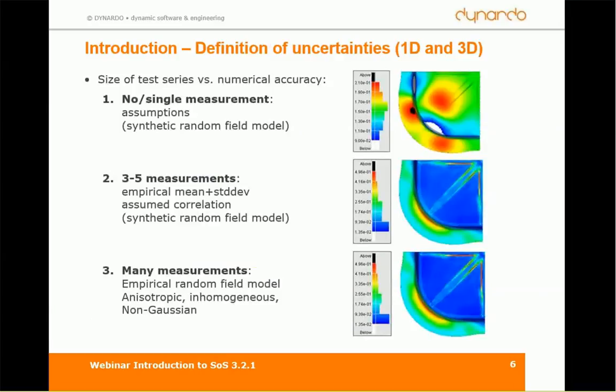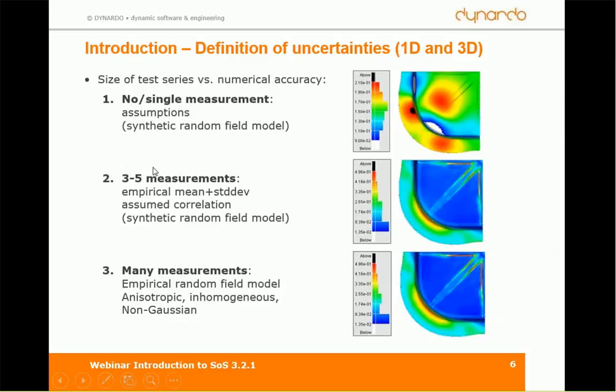Either one-dimensional, for example some signal over the time, or three-dimensional, like in this example visualized on the right side. To base a discrete random field simulation on some reliable statistic, SoS would need some dozen of random field realizations. So if you have many measurements or the result of many finite element computations, SoS can automatically generate an empirical, anisotropic, inhomogeneous, and even a non-Gaussian random field model, like mentioned in the third point. Otherwise, if no output at all is available,